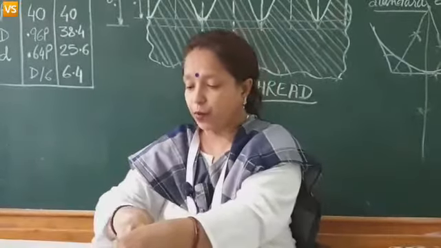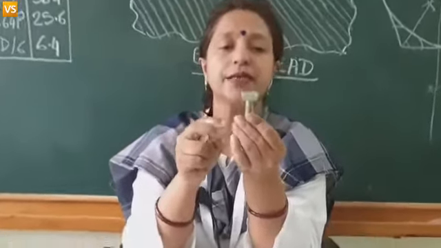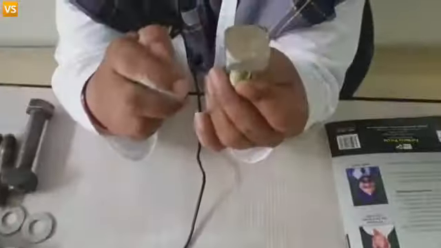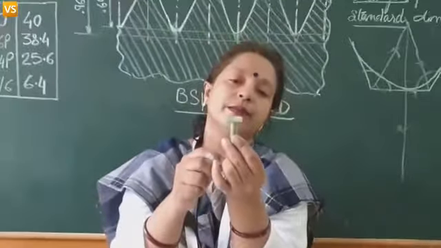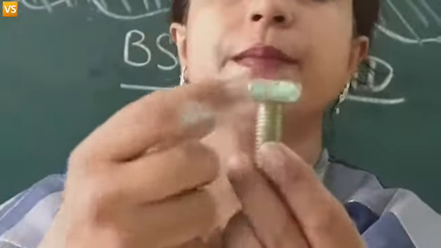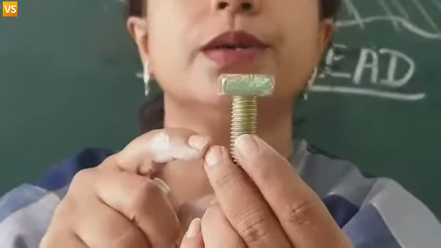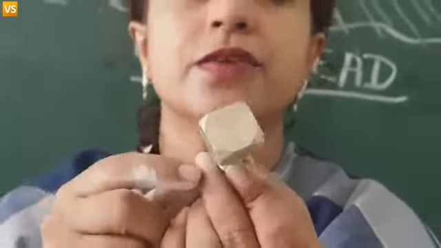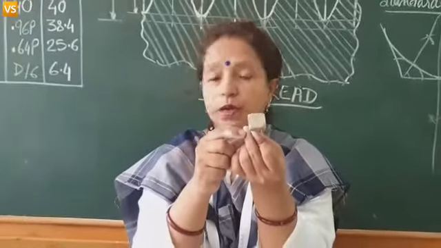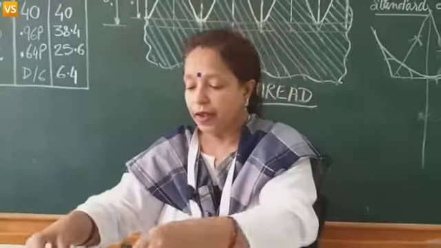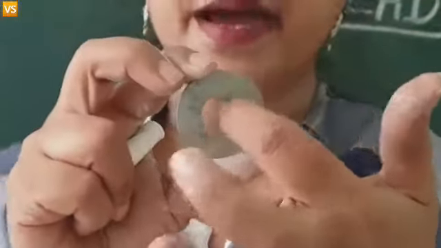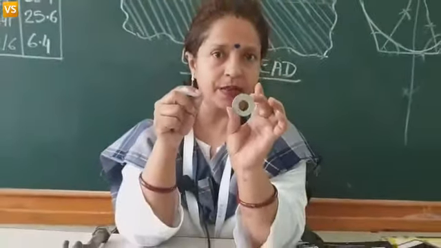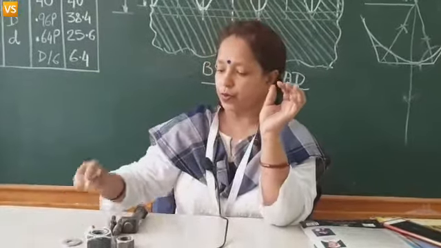Then I have one more, though it is not of very nice kind of make, but here I have a square headed bolt also. You can see this is a square headed bolt, the bolt head is not very thick. The proportions of all these I am going to tell you in my theory classes, and I just wanted to show you all the models because you are not coming to the lab, that is why. And here I have a washer, see it is a ring, there is some thickness, inner diameter and outer diameter. So, very few dimensions are there, very simple structure, and we are going to study about it also.